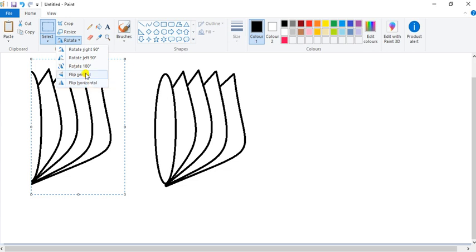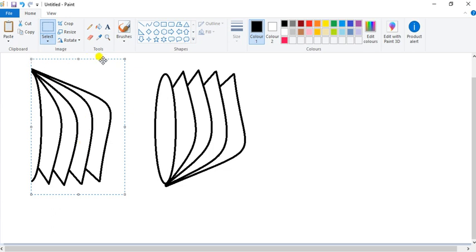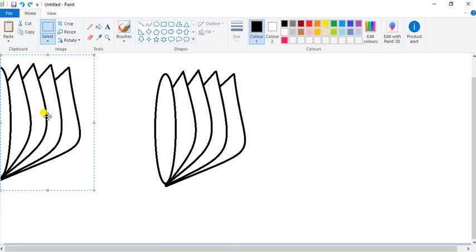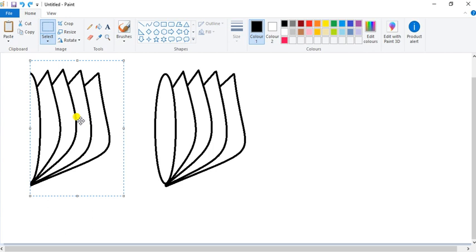Now if I select flip, you will ask me, Miss, can we select the flip vertical option? No. If you want a water image, then you can select flip vertical. Now see, I will select flip vertical. Let's see how your image will look. See, it looks upside down. Correct? But we don't want it like this. We want a mirror image.